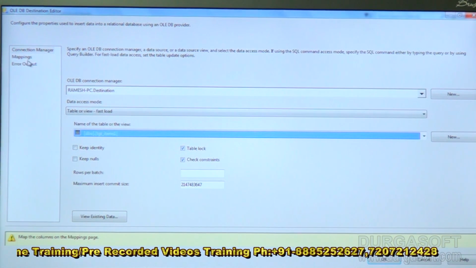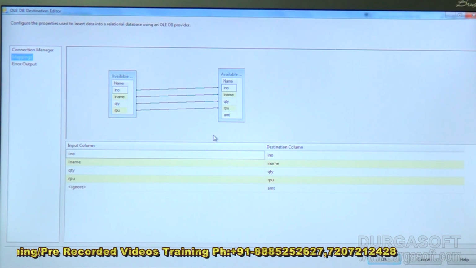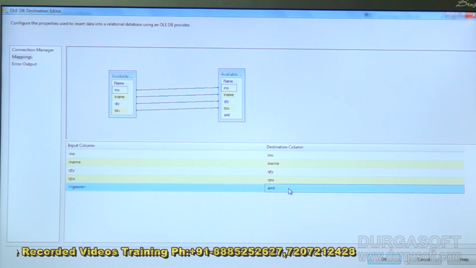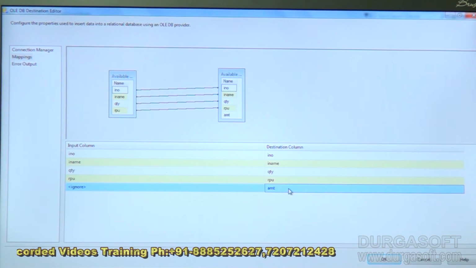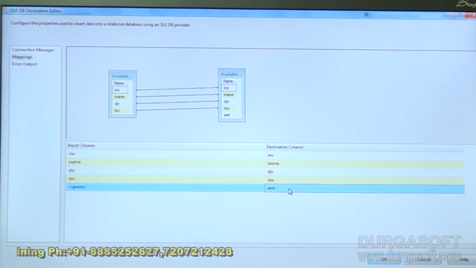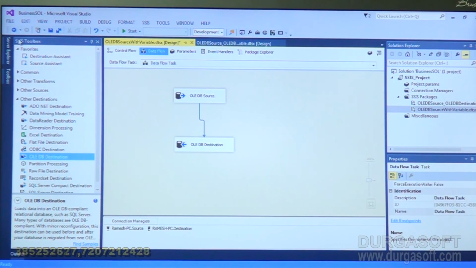Go to the mappings. Here item number, name, quantity, and rate per unit are mapped, but for the amount column I don't have a mapping because I don't have any input for this. Whenever you don't map anything to a column, by default that will be treated as a null value. That means for the amount we will get null data for time being here. Click on OK. Save it